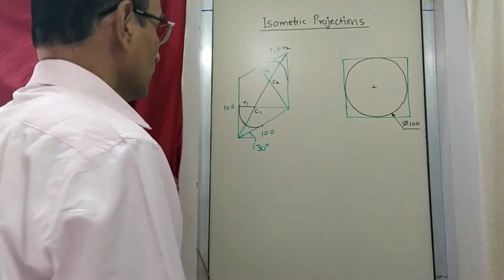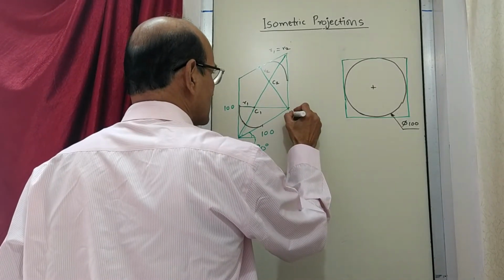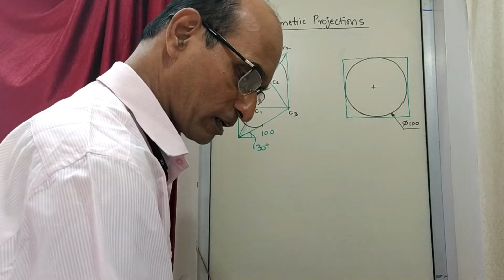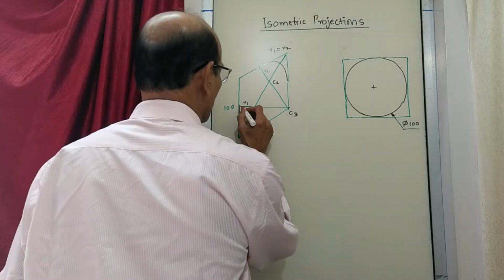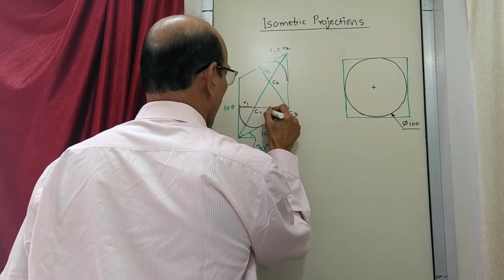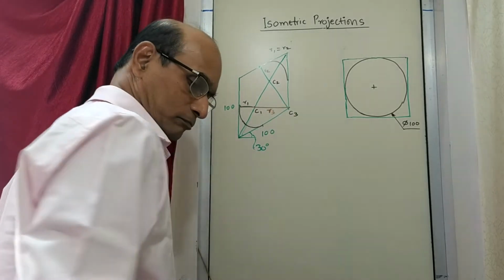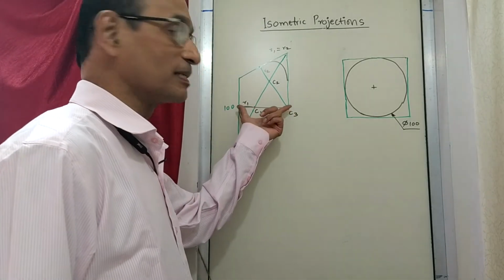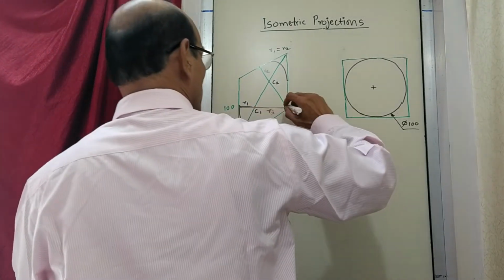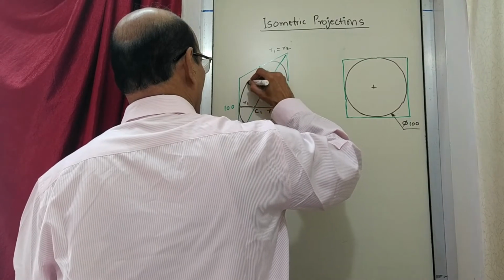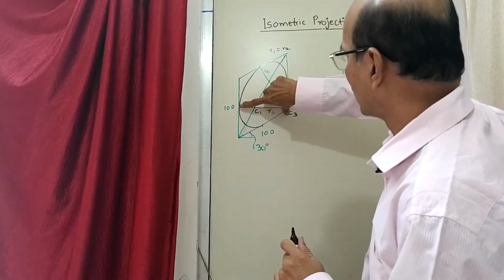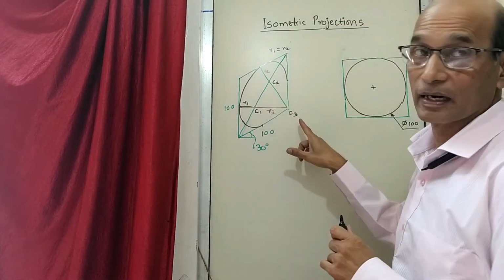After that, you take this as a center, I will call it C3. Take this as a center and take this full length as R3. Take this radius as R3, center is C3, and now we draw another arc which will start from here and end here. So with this center we have drawn an arc like this, center at C3.